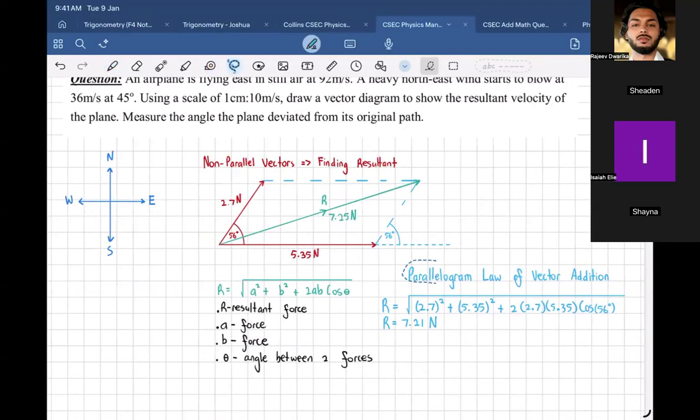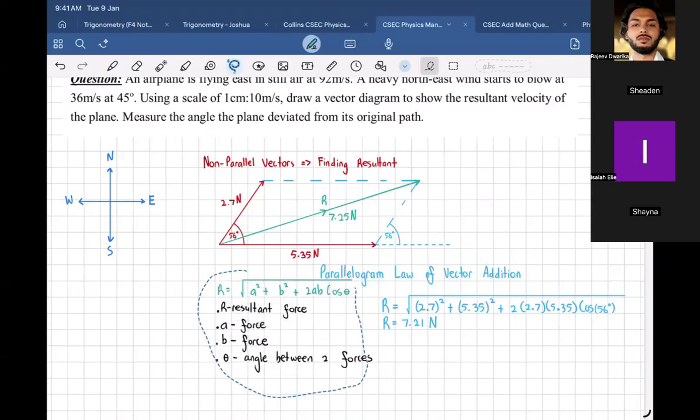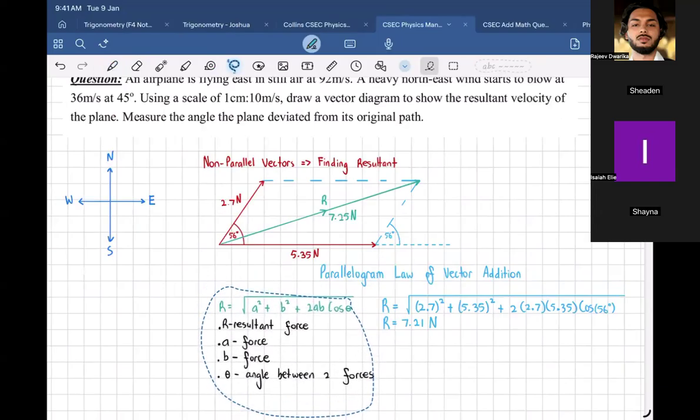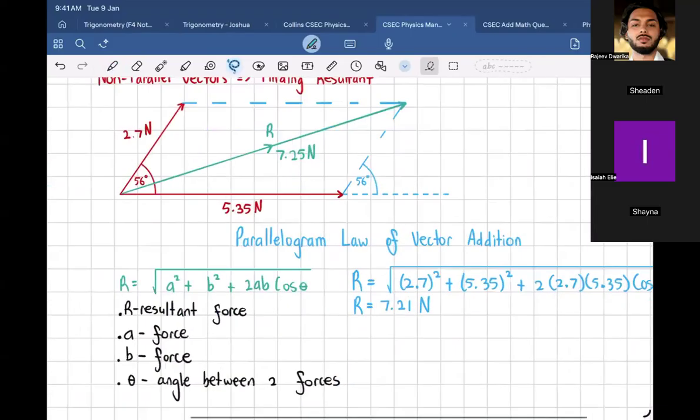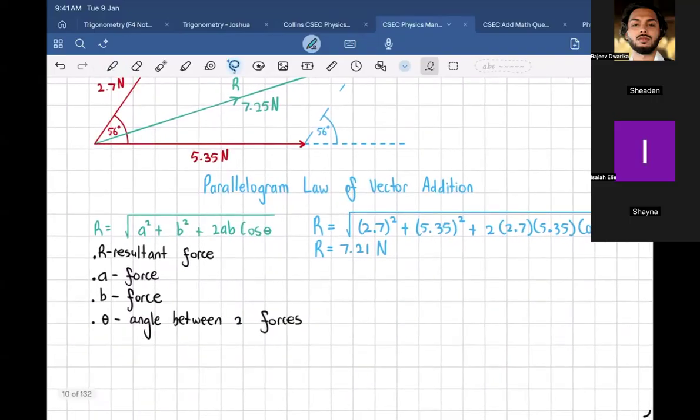Right. Great. So I showed you guys the two methods. Now in school, they don't really show you the formula part. I don't know why. When I was in school, my teacher would have shown me both. So I think it's convenient to know both. Once you have this note copied down about the parallelogram law of vector addition, I will give you all 10 minutes to try the question using both methods, and you should get about the same answer when you do both methods.